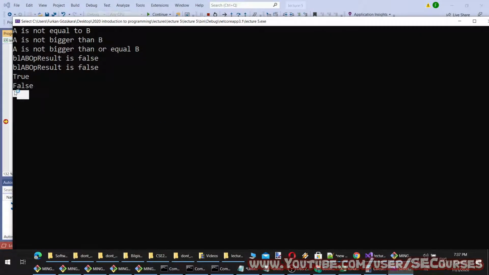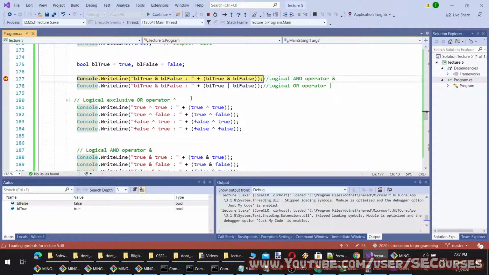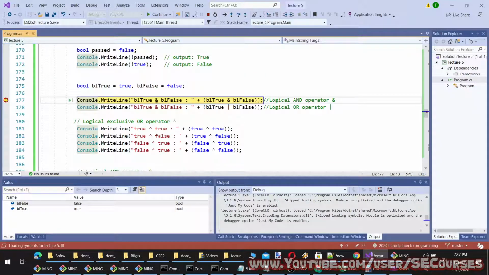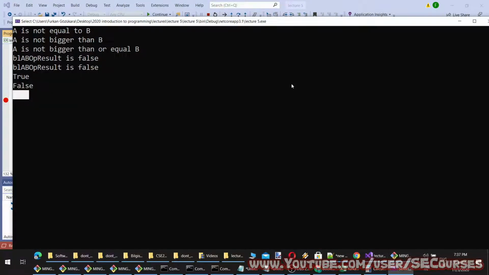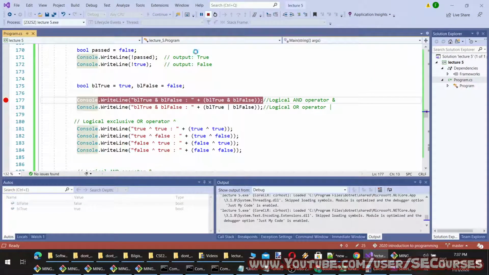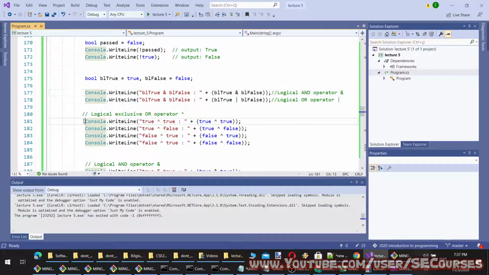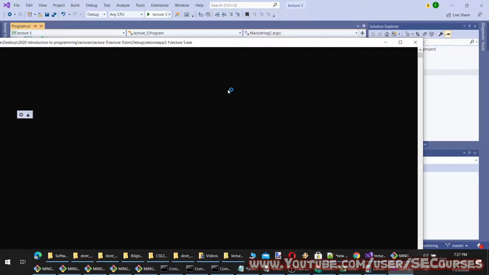Okay, you see true and false is printed as expected. Then we are going to use the AND operator for true and false. What do you expect to be printed? Let's see. I will just go to here.